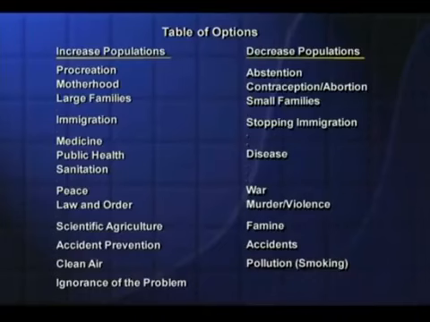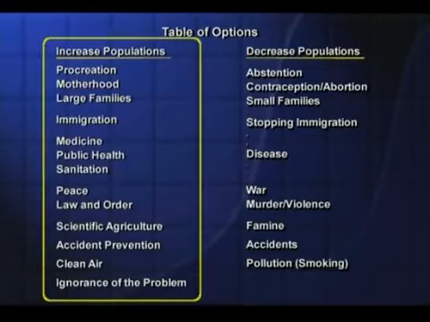So maybe you're wondering what sort of options are available if we wanted to address the problem. In the left-hand column, I've listed some of those things that we should encourage if we want to raise the rate of growth of population and in so doing make the problem worse. Just look at the list. Everything in the list is as sacred as motherhood. There's immigration, medicine, public health, sanitation. These are all devoted to the humane goals of lowering the death rate. And that's very important to me if it's my death they're lowering. But then I have to realize that anything that just lowers the death rate makes the population problem worse.